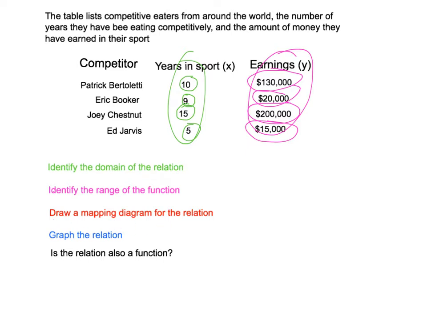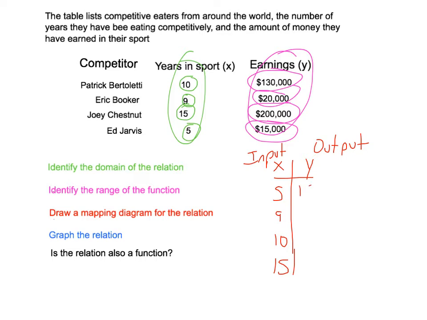So remember, a mapping diagram is going to look like this. It's going to be X, Y, or input and output. And then we just fill in. We're going to do it in numerical order. So we've got a 10, a 9, a 15, and a 5. So we're going to do the 5 first, the 9, the 10, the 15. Now for the output or the Y column, again in numerical order: 15,000,